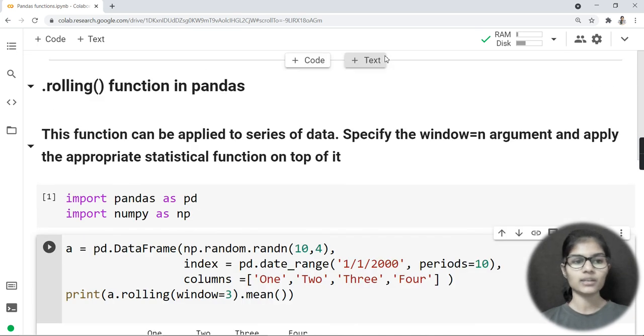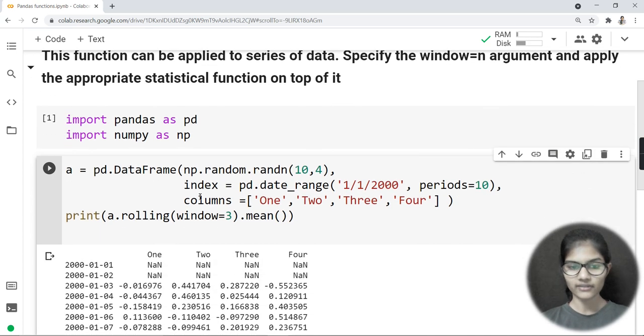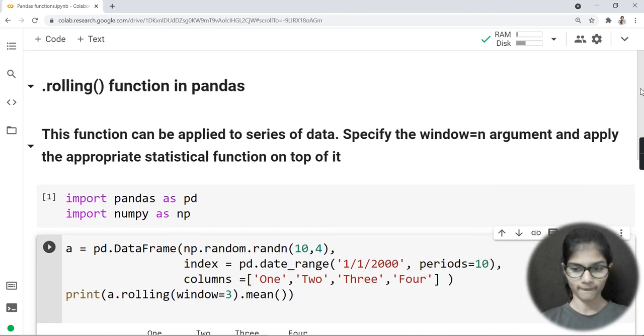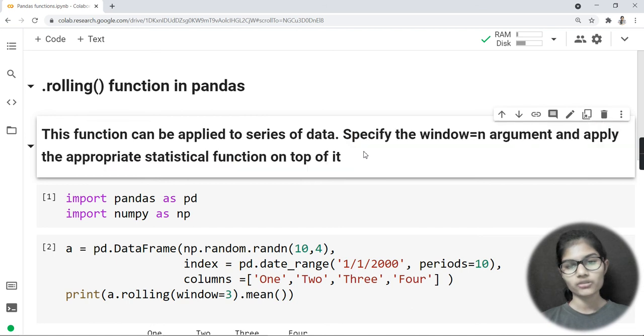Let me quickly revise what the rolling function in pandas actually is. This is a function that can be applied to a series of data. The type of data which I have made here is what is called a series of data. The parameter we need to pass specifies the window equal to n argument, and then we apply the appropriate statistical function on top of it.